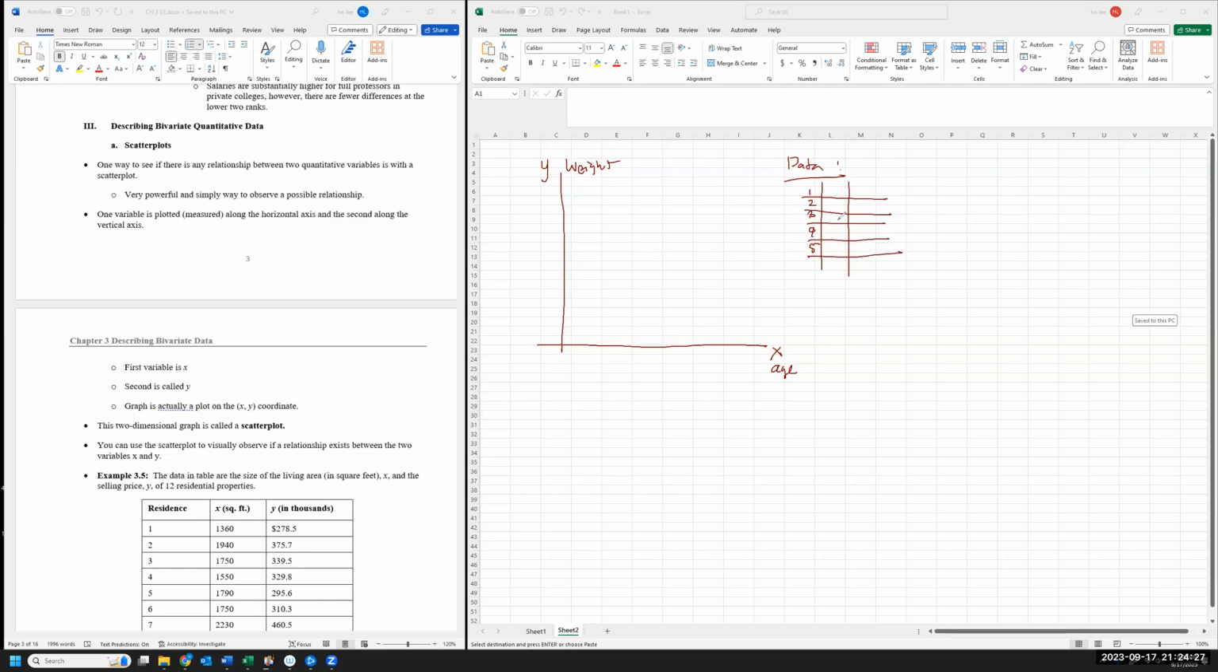and we collect data on their age and weight. Okay. So age, we have a 35-year-old, a 20-year-old, a 25-year-old, a 22-year-old, a 27-year-old. Okay. And the weight, we have 180, 175, 150, 180, 190. Okay. So then what a scatter plot